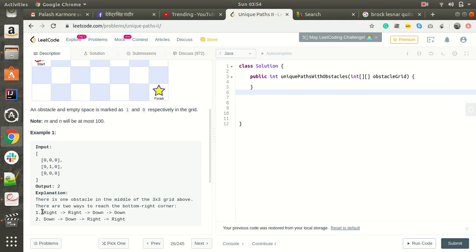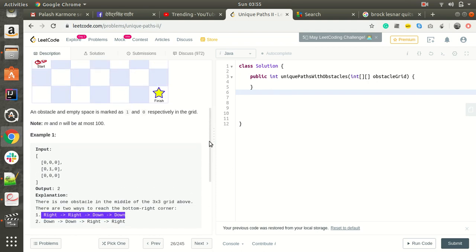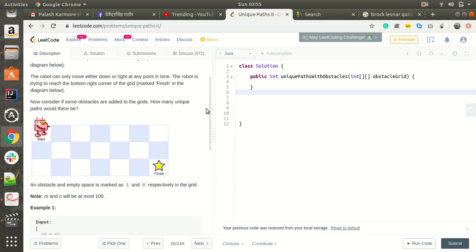So in this example, you can go right right down down, or down down right right. You got my point, right? In these two ways you can reach the destination. If an obstacle comes, then we will not be able to reach the destination.